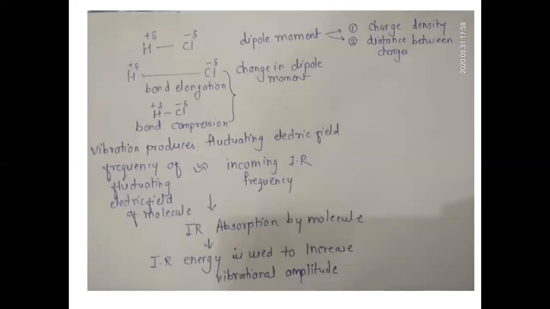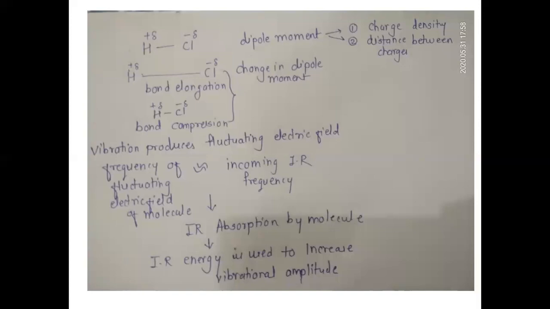Simply, if you take an HCl molecule, you know that there is an electronegativity difference between H and Cl, Cl being partially negatively charged and H being partially positively charged. This molecule has its own dipole moment, which is decided by two factors: what is the intensity of the charge on each pole, and second, what is the distance between